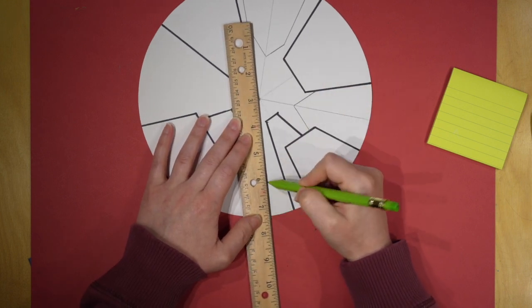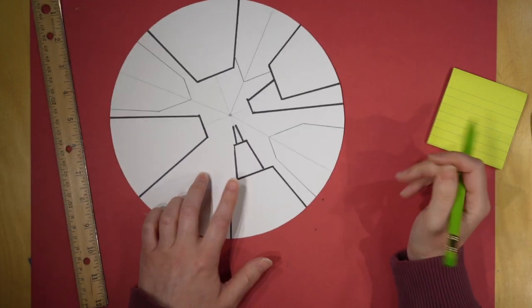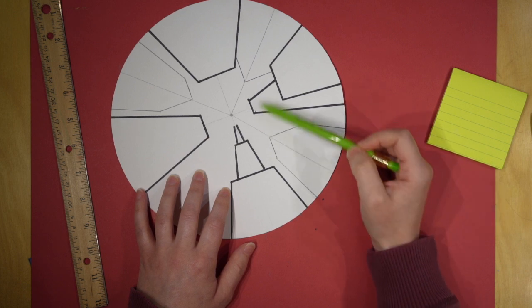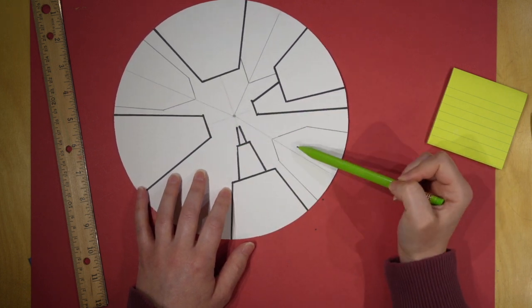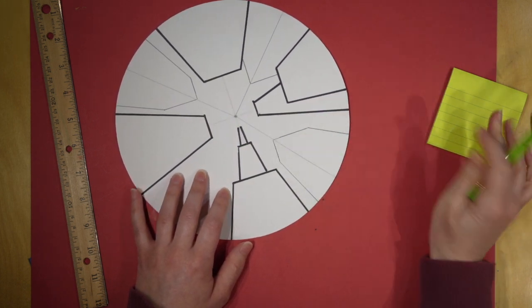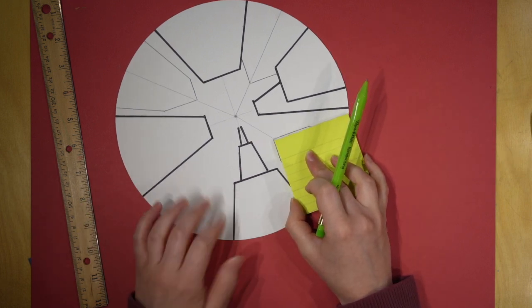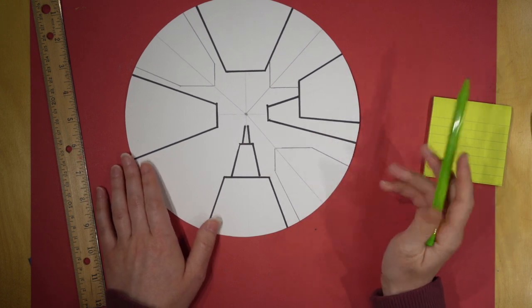So please make sure that you use that 90 degrees, you trace that thing on the roof. Don't just put any old angle on there. Okay, so